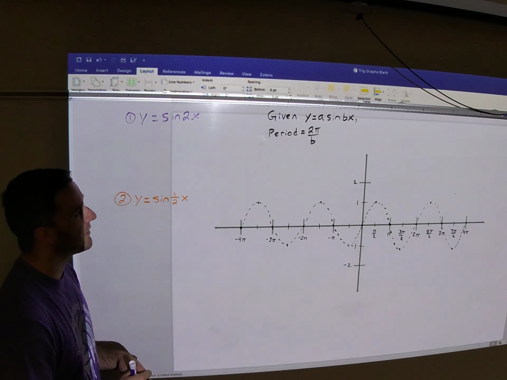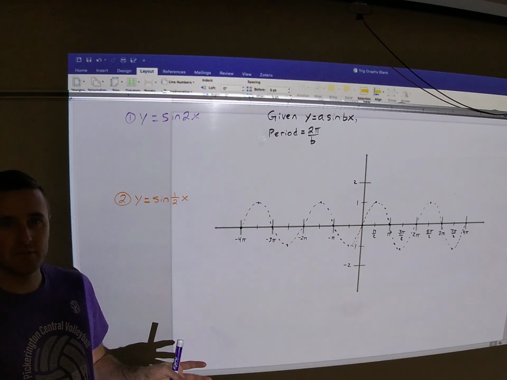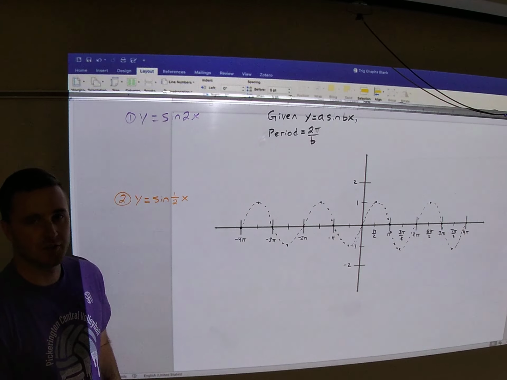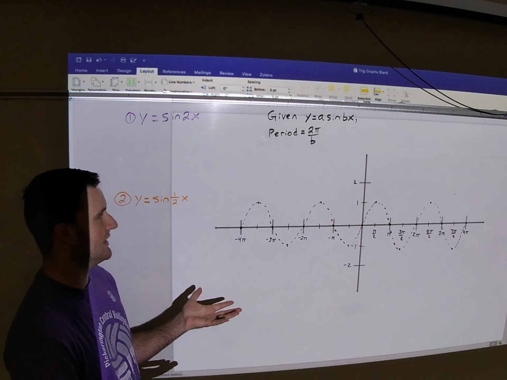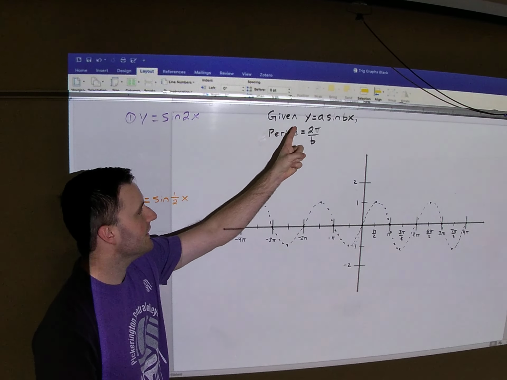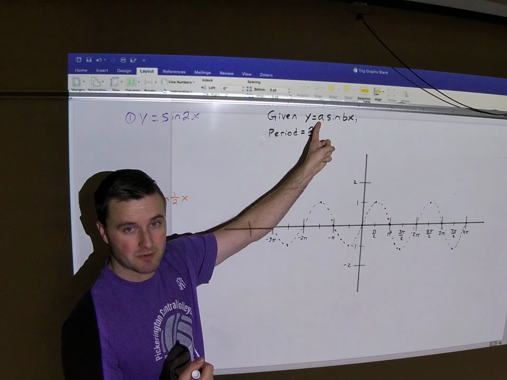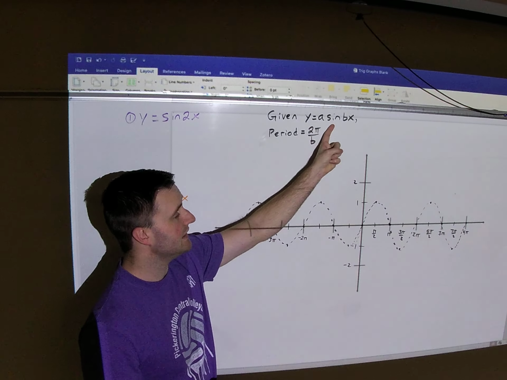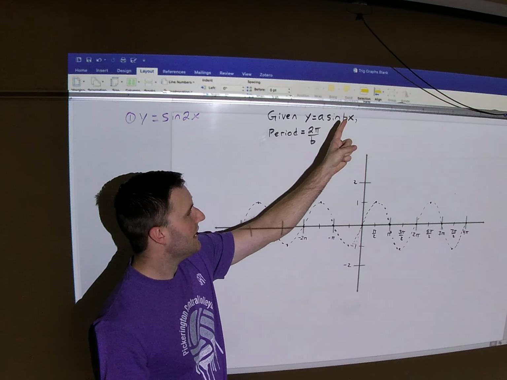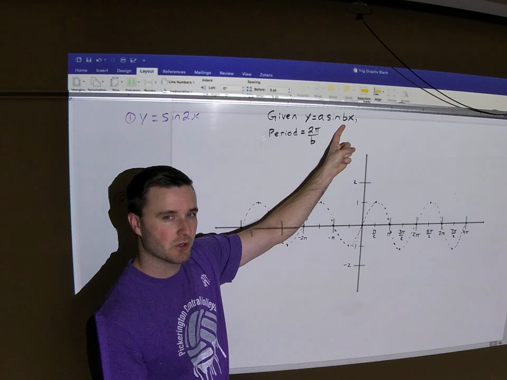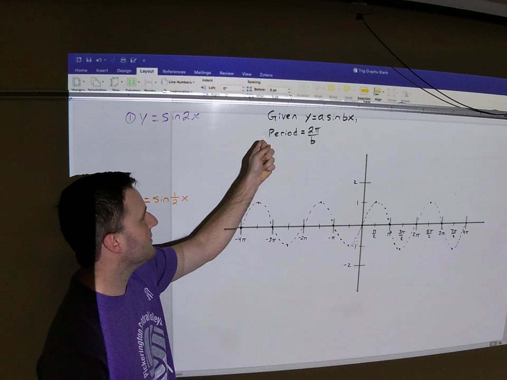Okay, we're going to talk about period change with the sine function. Now, sine and cosine, the period change is very similar. It's the exact same. So given that we have some amplitude, represented by A, being multiplied to either sine or cosine, but we have a number attached to x that we're going to call b, then